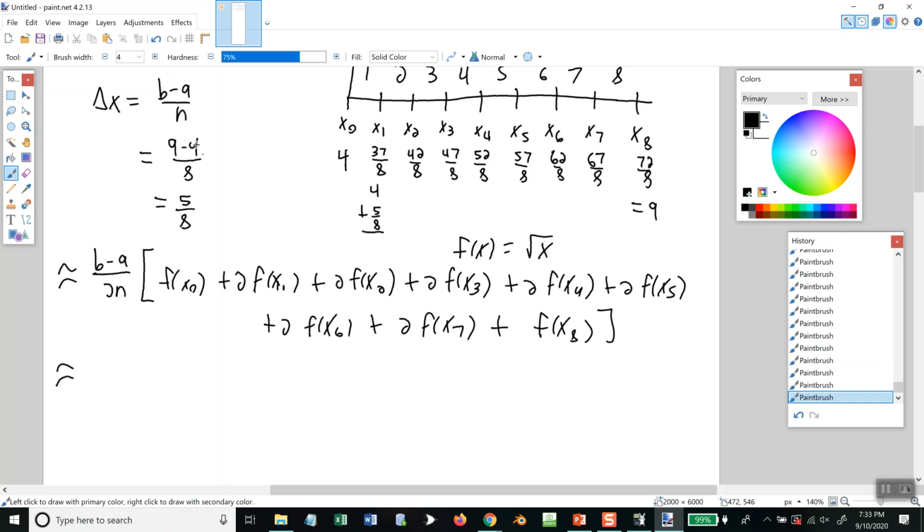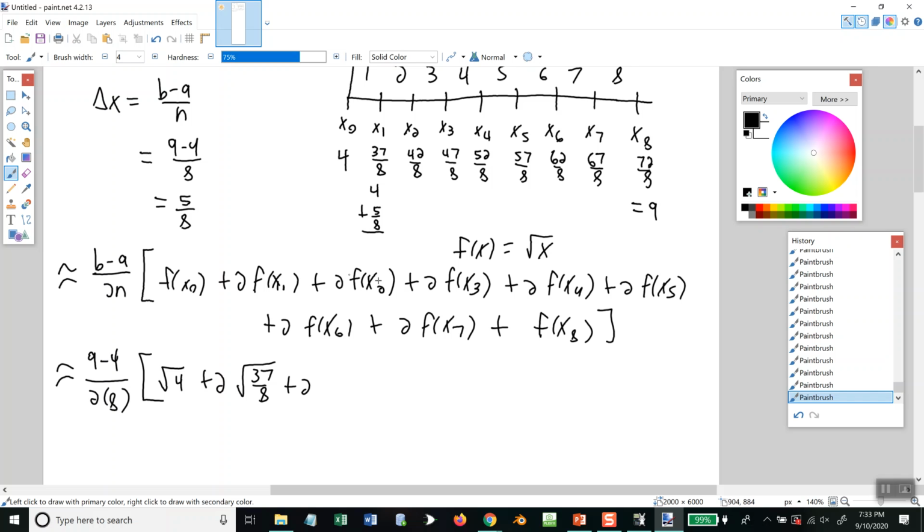B is 9 minus a, which is 4, over 2 times n, and number of divisions was 8. Now, x naught was 4, so I'm going to plug that into the square root. So we got square root of 4 plus 2. X1 is 37/8, so we're going to have a square root of 37/8